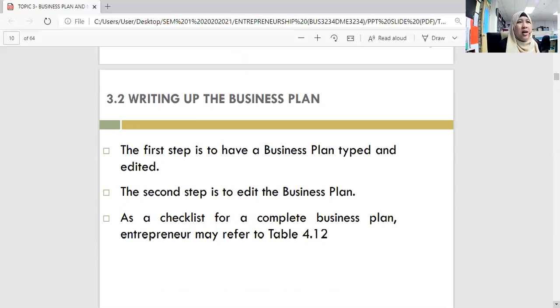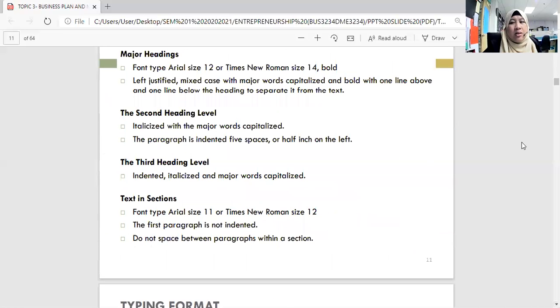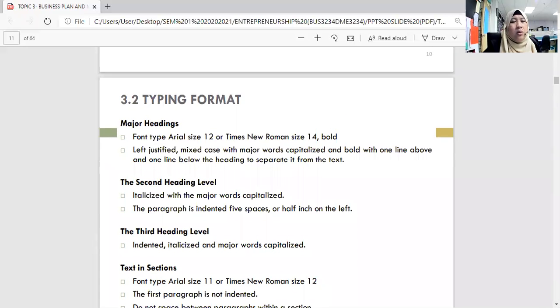Edit meaning here to say after there is some amendment been done, and then you can see from the checklist here. Okay, so this is a checklist for the business plan. We will do this assignment now. We will do for this assignment.